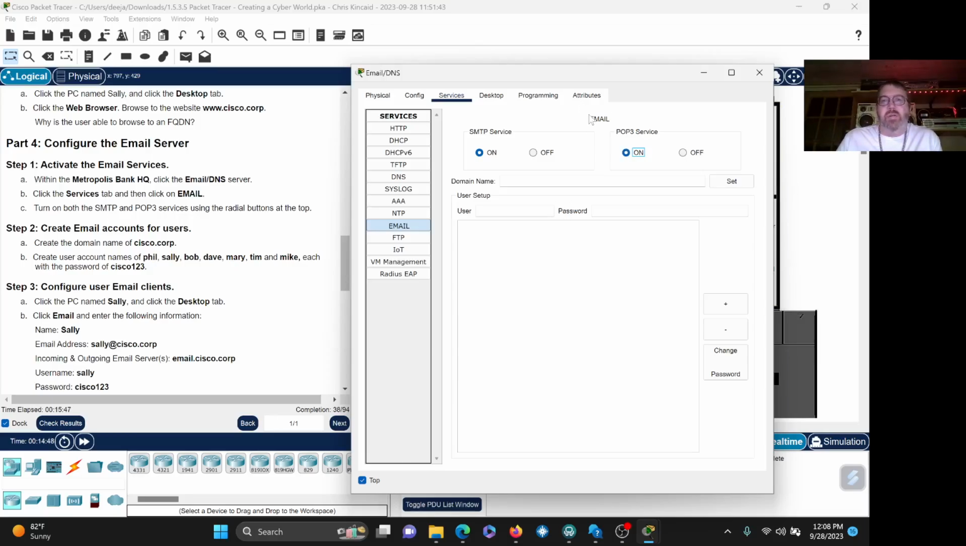And again, like the DNS server, it has to be turned on for it to work, and it also has to be configured for it to work. So step 1 is doing what I just did, turning things on. Step 2 is actually creating accounts. Everything is going to be in the cisco.corp domain. Users are going to be Phil, Sally, Bob, Dave, Mary, Tim, and Mike, and they all have the exact same password. So put in Phil,